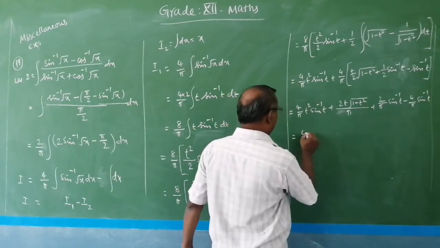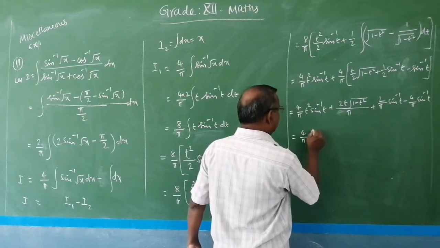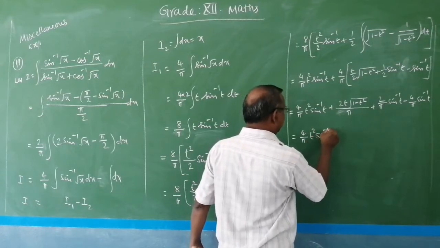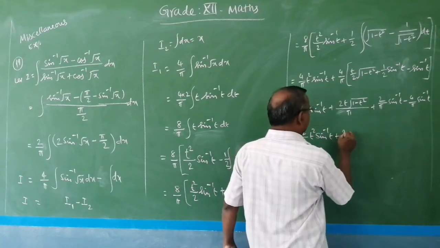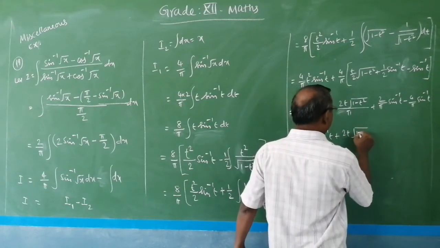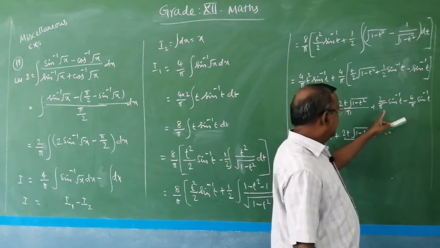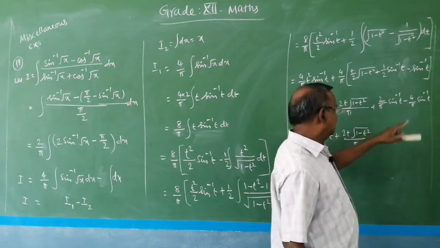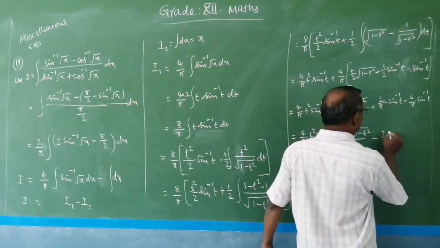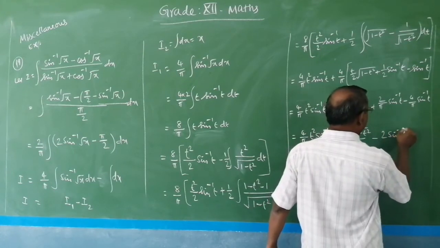This is equal to 4 by pi t square into sin inverse of t plus 2t into root of 1 minus t square by pi, and here the denominator is the same, 2 minus 4, minus 2 sin inverse